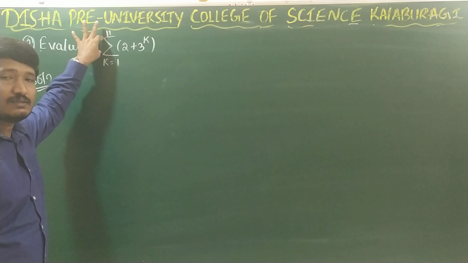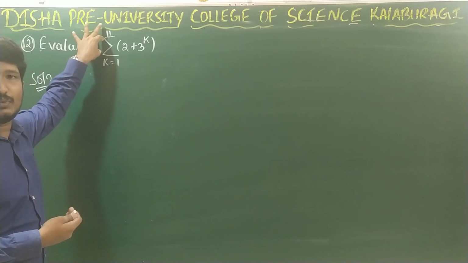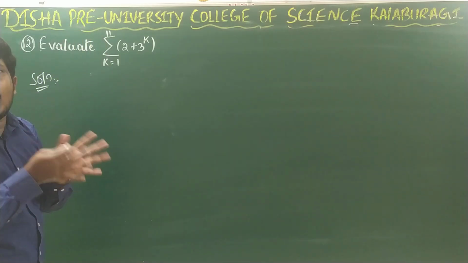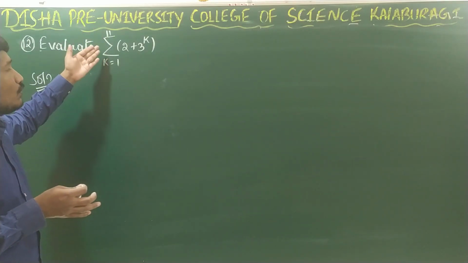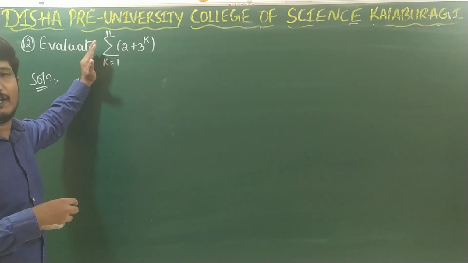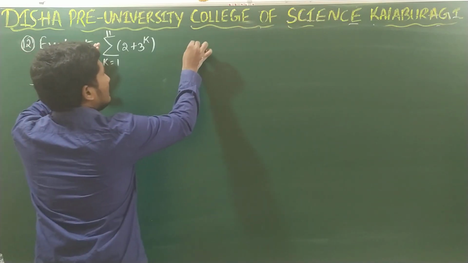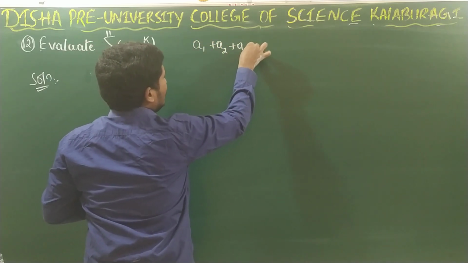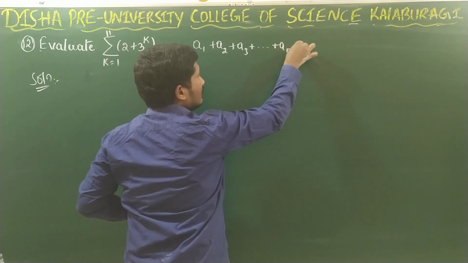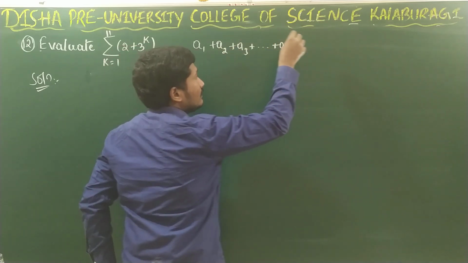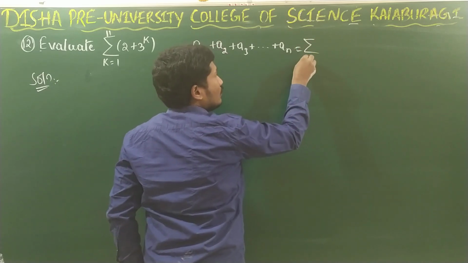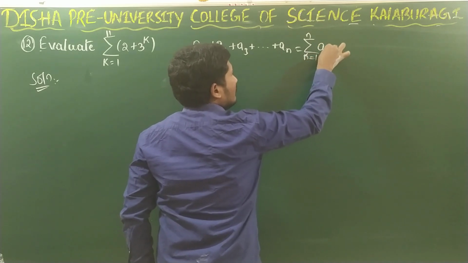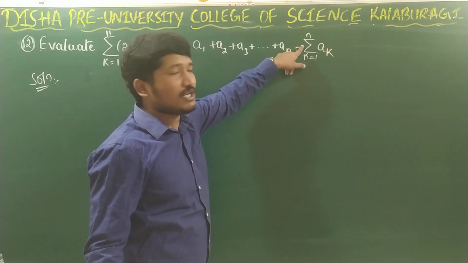What is this? This is the sigma symbol. We use this to write the series in compact form. I have already told you this while discussing the definition of the series. That is, if A1 plus A2 plus A3 plus so on plus An is some series, then in a compact form it can be written as what? K is equal to 1 to n, the element will be Ak. Here summation indicates what?